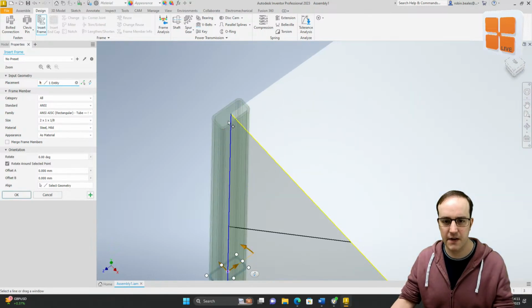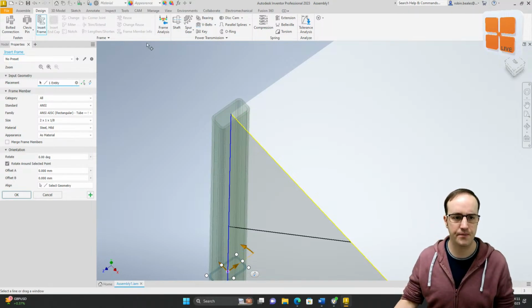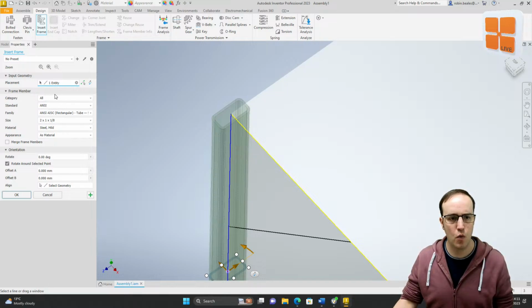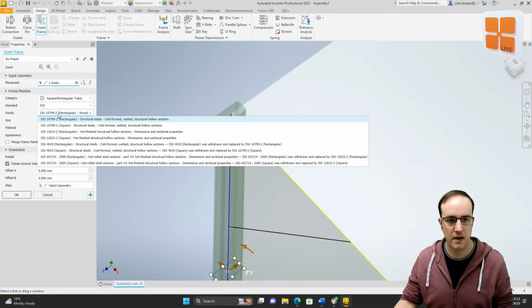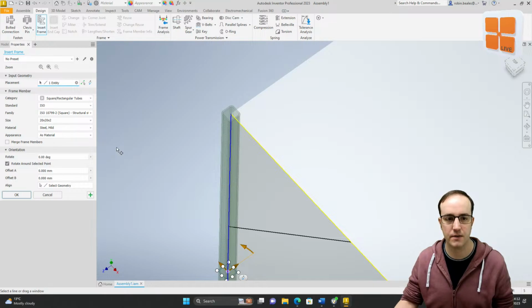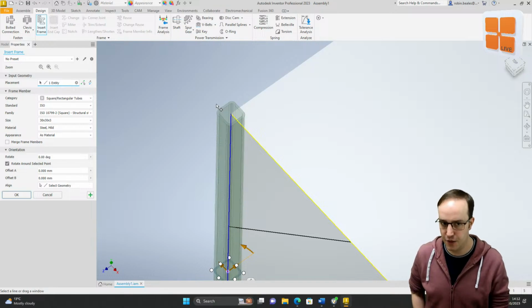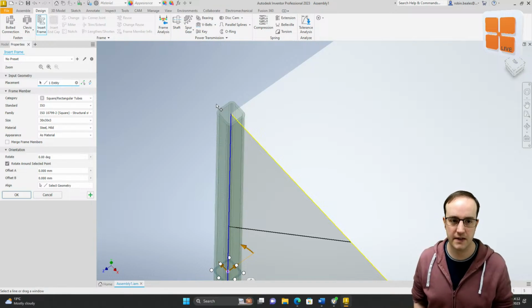What that does is it gives you the preview of this simple piece of box section centered along that edge. Now I can start controlling what it is that I'm placing. Currently I'm looking at all frame members on the ANSI standard, and then a specific family and size. I can come in here and say that I just want to look at basic box section. I want to look at the ISO standard, so it's a metric size, and I'm going to look at ISO 10799, which is a square section. I can then choose the size that I want to use. Let's go 30 by 30, 3 millimeters thick,